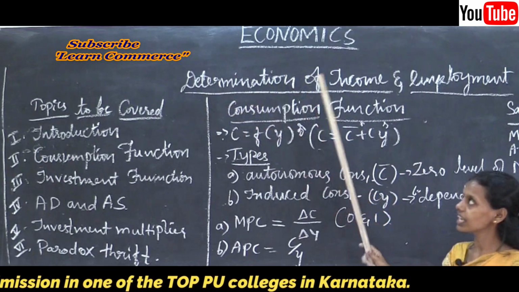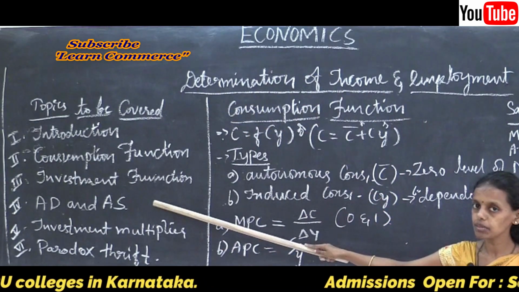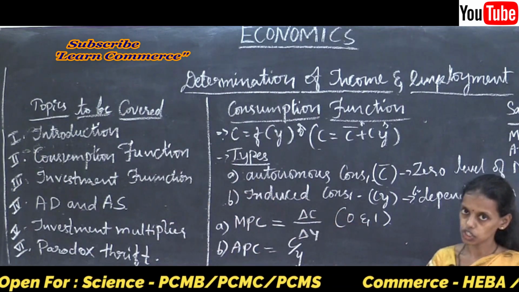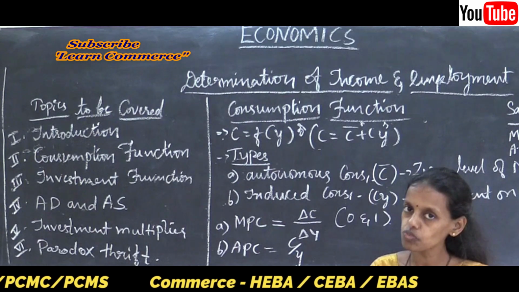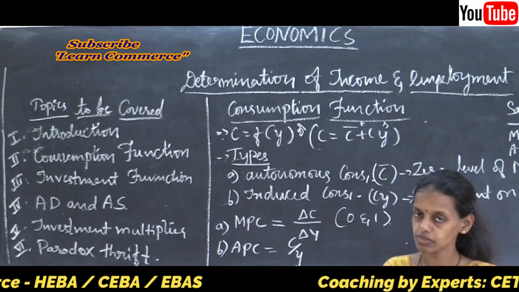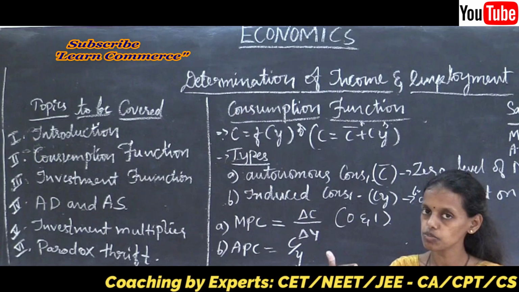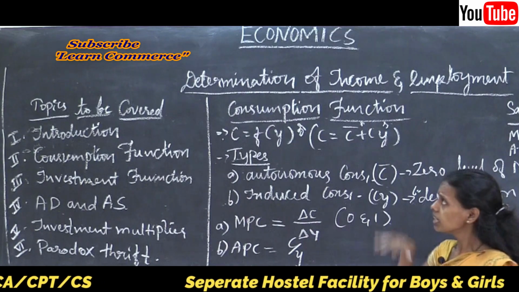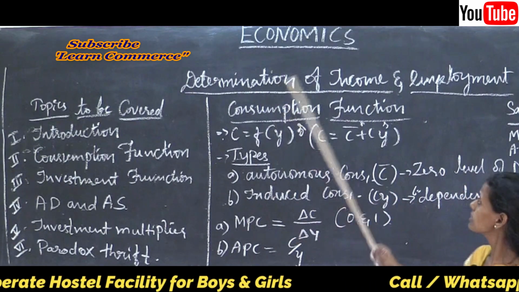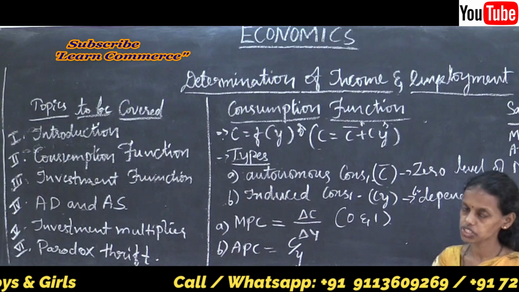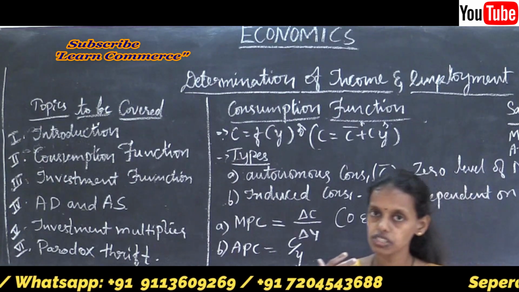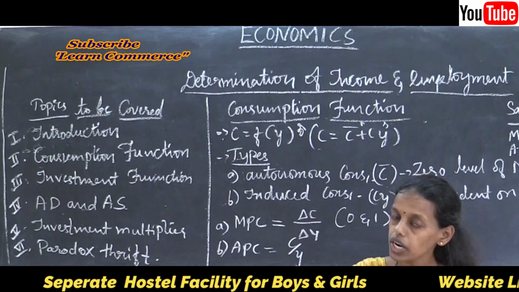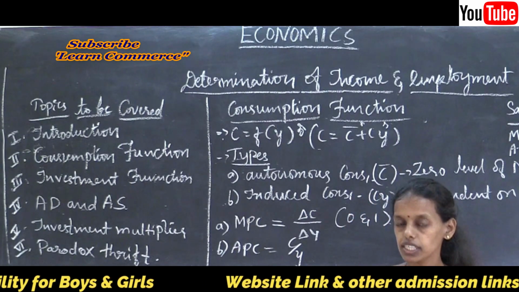Thus, while determining the national income, we are considering aggregate demand, aggregate supply, investment in the economy, consumption in the economy. Thus, all the economic activities we are going to consider while calculating national income, that is production, consumption, distribution and exchange of goods and services in the economy. Thus, how to determine these income and employment is a question. So, on the basis of consumption, production and investment, we are going to determine the income in the economy.